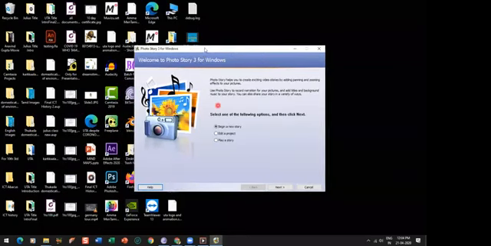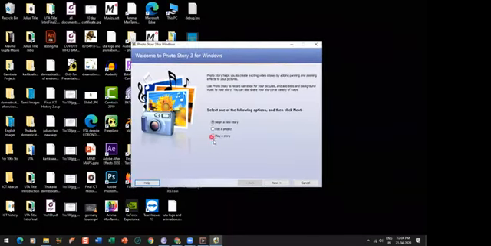Once open, you will find three buttons here. One is begin a new story, second is edit a project, third is play a story. Begin a story is to create a new project. Edit project is all about editing an already done project, and play a story is to see the executed project which you have already done.